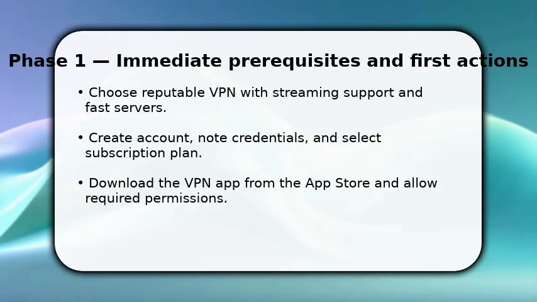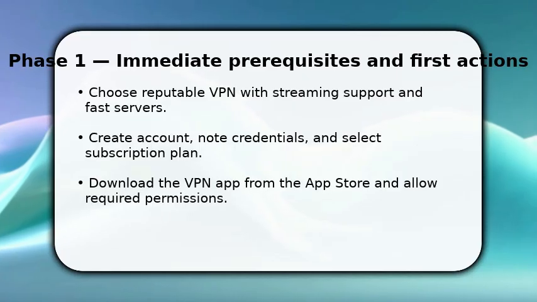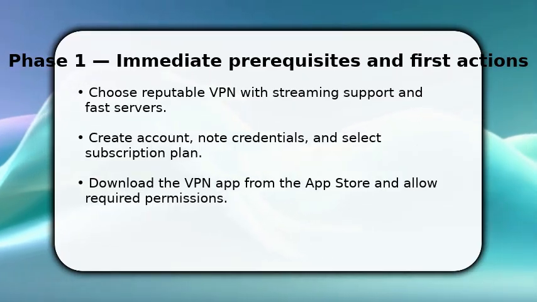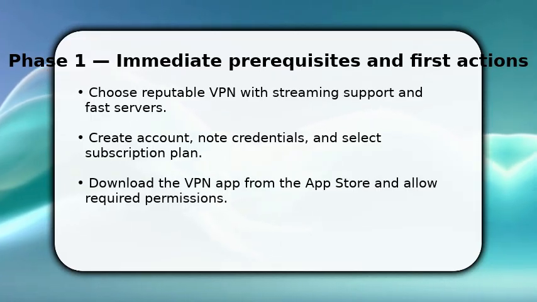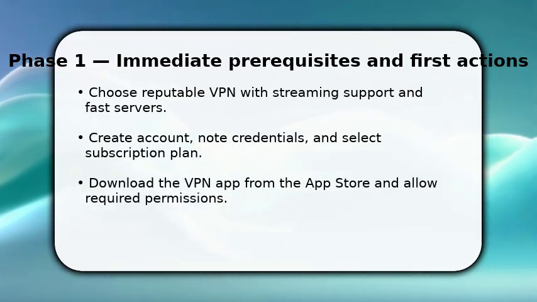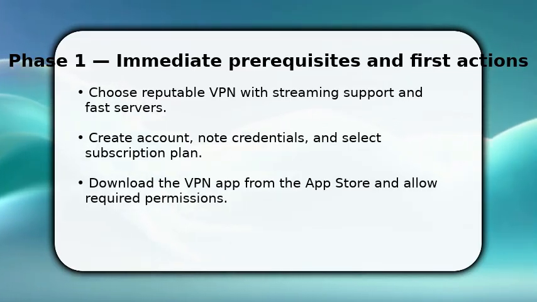You start by picking a streaming-friendly VPN, one with dedicated Netflix servers and fast speeds. Sign up, enter payment, and remember your login. This avoids delays later. Now, open the App Store and install the official VPN app, then grant the app permission